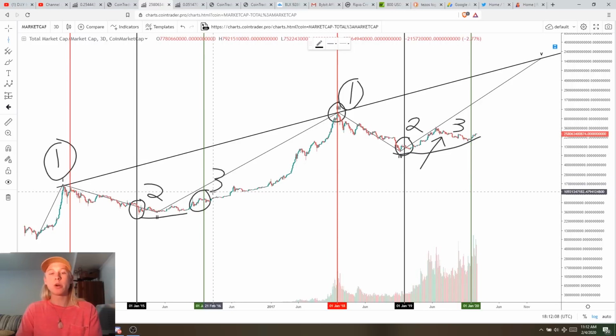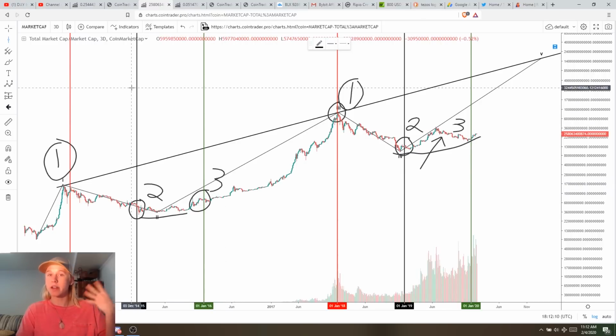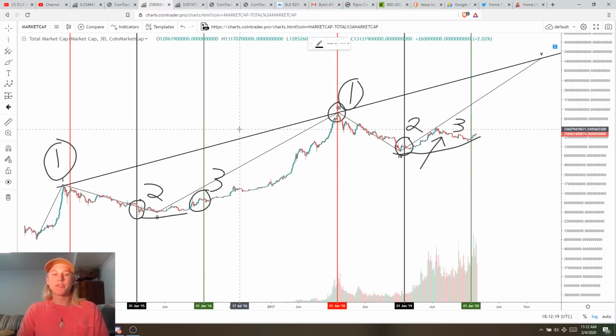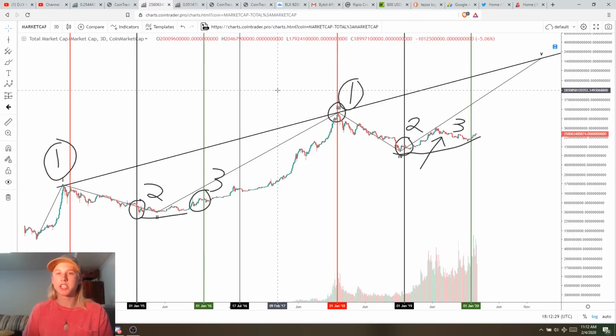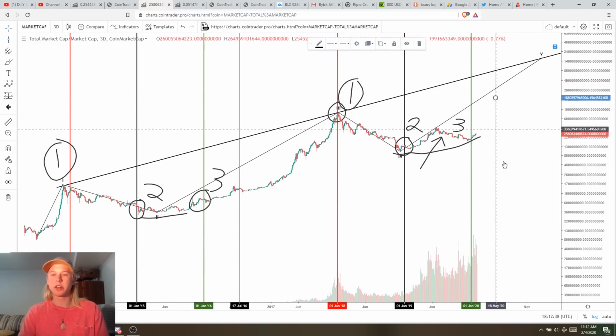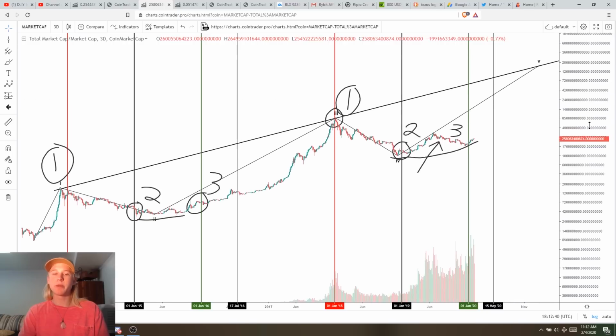So because Bitcoin is actually charted inside of this and the altcoins, we're going to include the halvings, and we're going to kind of see how that adds up. Maybe it'll make a comparison. I don't really know, but we're going to look at this real quick. Now, the first halving took place sometime in July of 2016, I believe. I could be completely wrong on that. But I do know approximately the time frame where they came. I don't know the exact day, but I know where they took place. Now, what's coming up next is May 15th, 2020, right here.